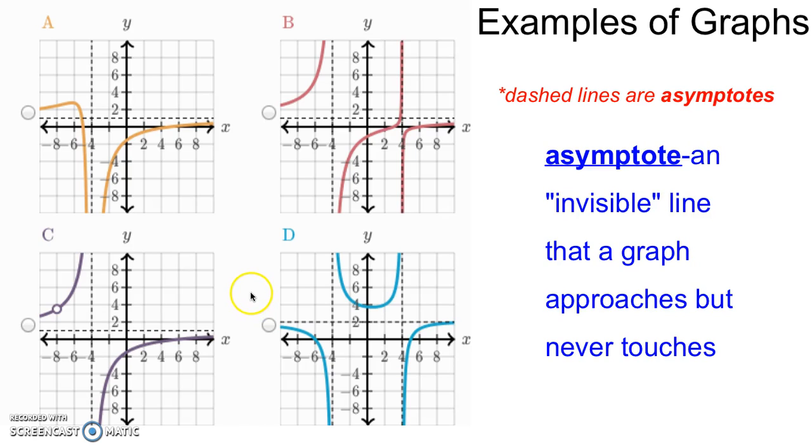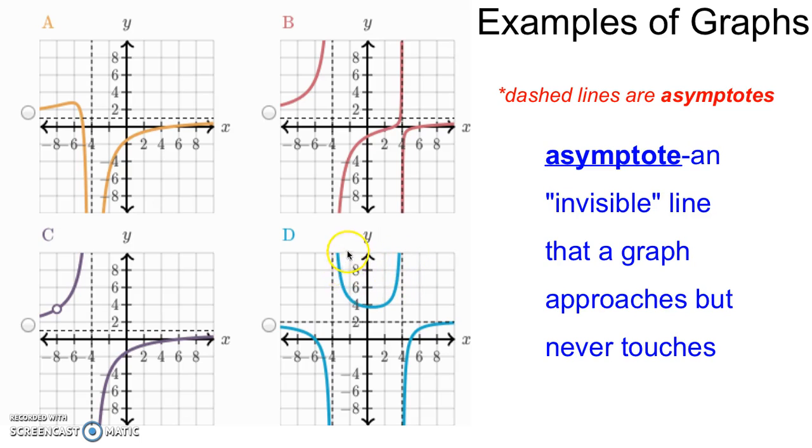The main thing that I want you to notice here is that there are what's called asymptotes. And in these graphs, the asymptotes are denoted by dashed lines. An asymptote is really an invisible line that a graph approaches but never touches. Now I say invisible because it's not part of the graph, so we actually draw them in with a dashed line so that we can use them as guides, because those asymptotes will sort of hug the pieces of the